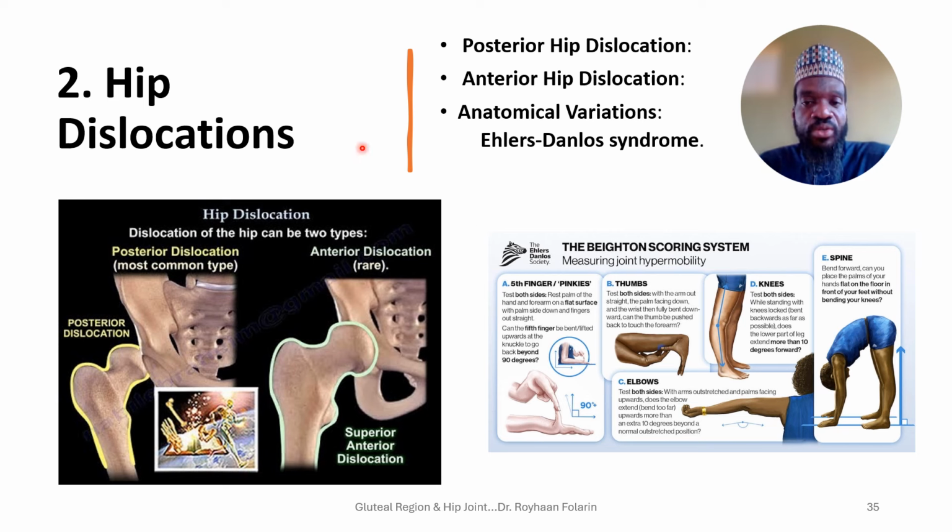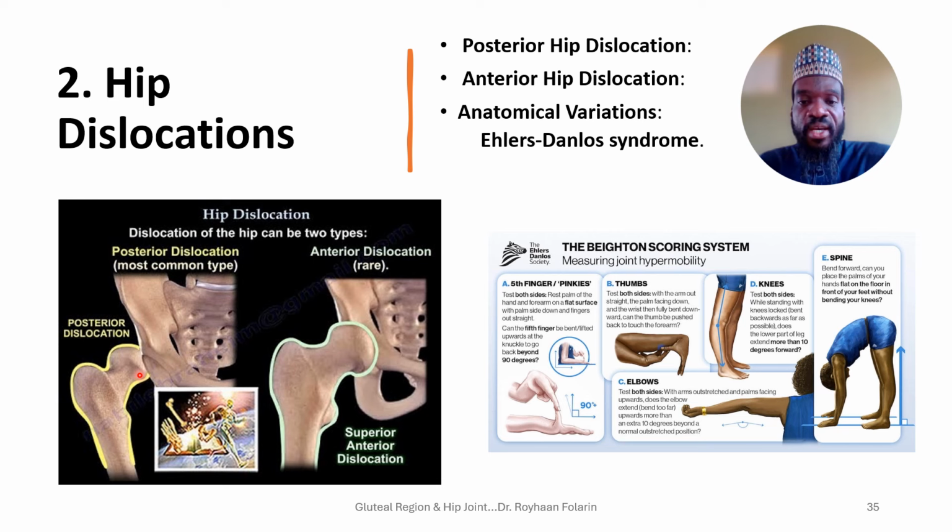Dislocation is also possible, which could be anterior or posterior. Posterior hip dislocation is usually caused by trauma, such as motor vehicle accidents, and it's associated with femoral head fracture. This type of dislocation can cause sciatic nerve injury because the sciatic nerve is located posteriorly, and it can also lead to loss of hip movement. So when the dislocation is posterior,